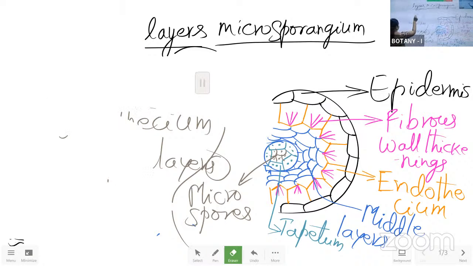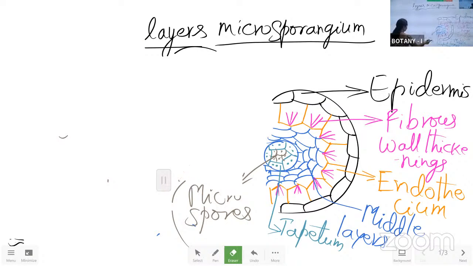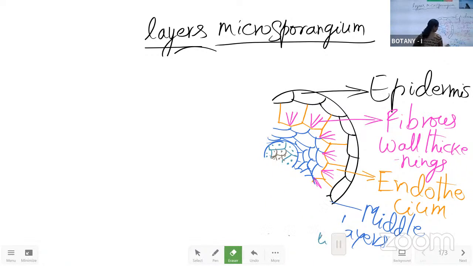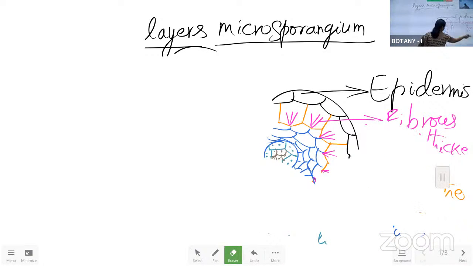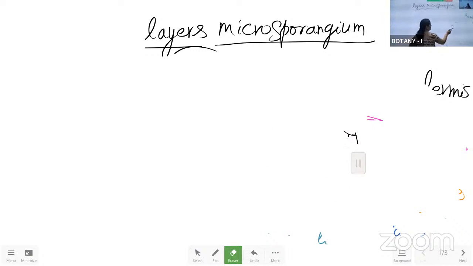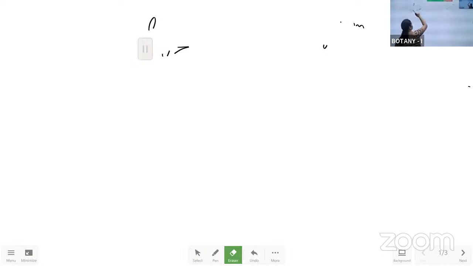And the next one is the process of fertilization. So this question they can ask in different ways. That means they can ask the question: describe the process of fertilization. Otherwise, describe the fertilization in the angiospermic plants. Then what to write? And if they are asking the question like this, define fertilization and describe the double fertilization